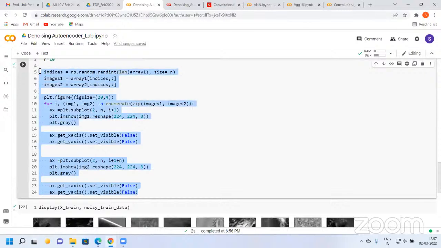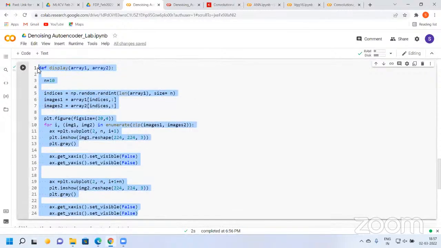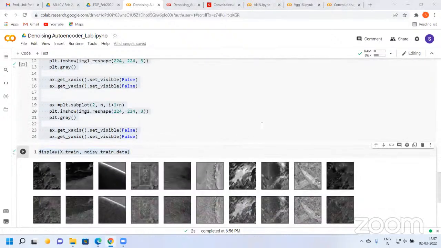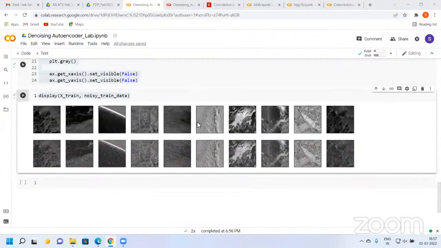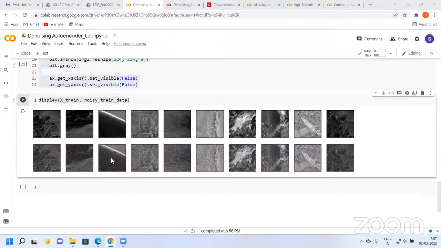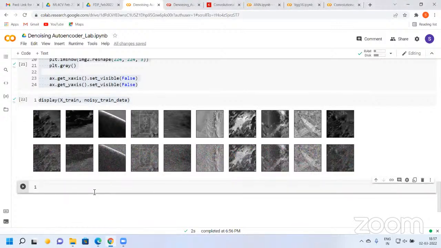I'll copy paste this code here in chat. This is where we are calling the function. So here you can see that we have two rows. The first one is your original images, that is from x train, and then the lower row is the noisy image. It cannot be very clearly seen over here, but you can visualize it using